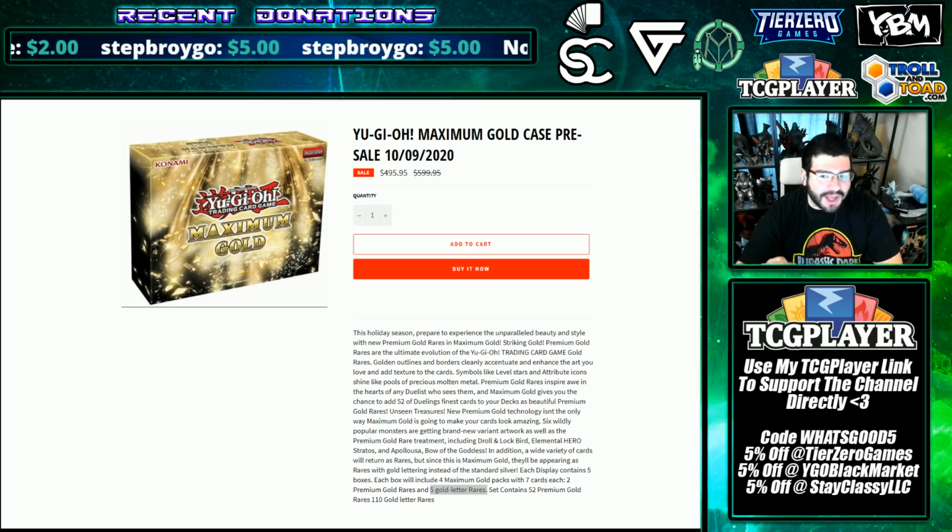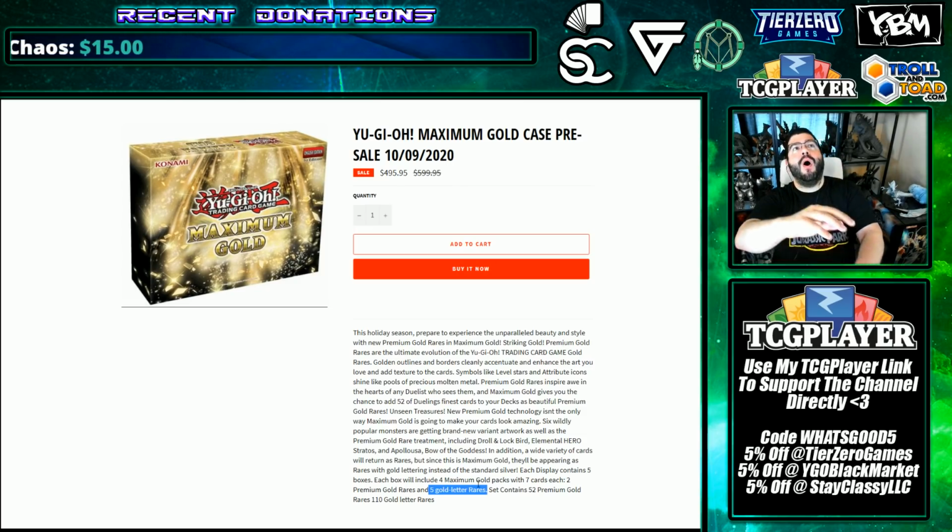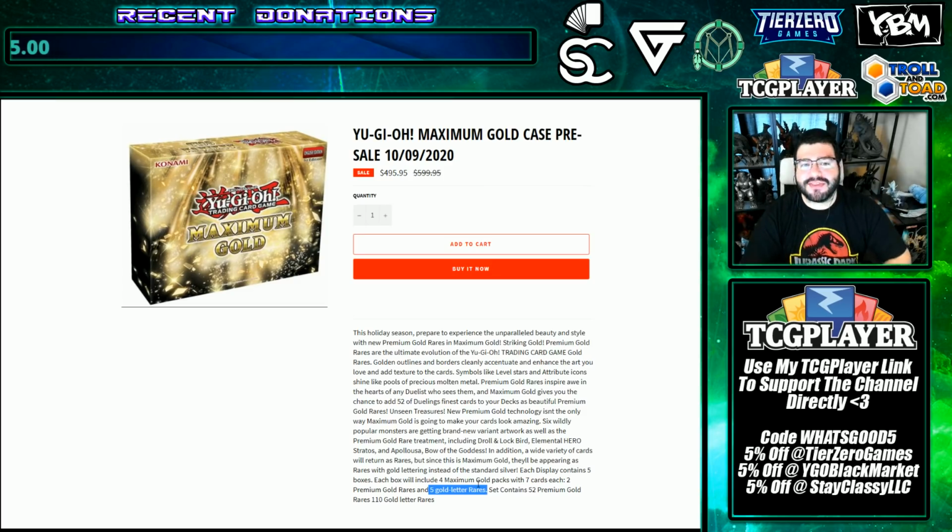Now, I did come to a couple revelations about Gold Series on this stream. The first one being a bruh moment of 5 gold letter rares being in the packs. Well, that's just ultra rares without the foiling. I seriously went, whoa. The second thing we realized is a lot of people still don't know what the new gold rares look like,